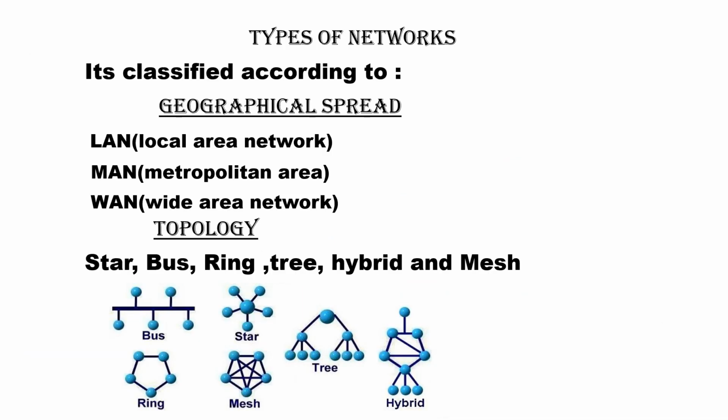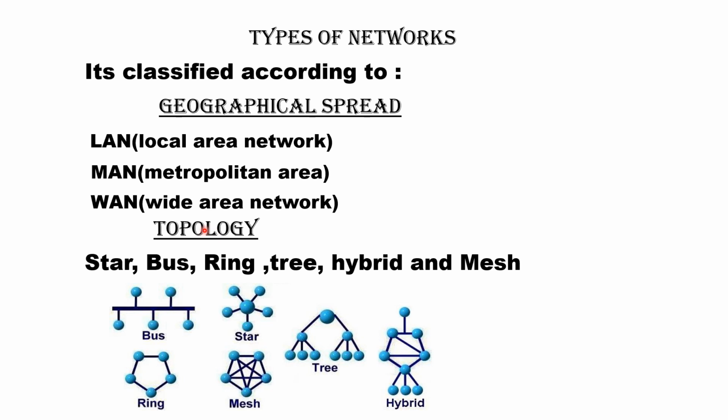Networks can be classified according to their geographical spread, their topology, their ownership, and their functionality. In their geographical spread, there is the LAN, there is the MAN, and there is the WAN. The LAN is the local area network, mostly found in homes and small offices. The metropolitan area network is found mostly in institutions, in large offices. And then there is the wide area network, which is a collection of many LANs found mostly in cities, in towns, and